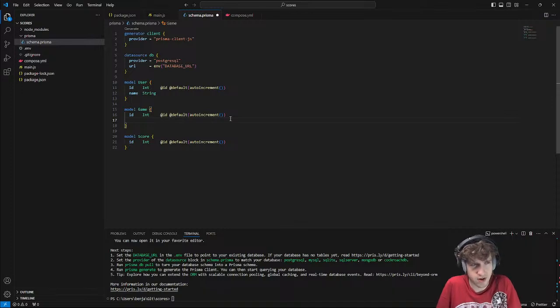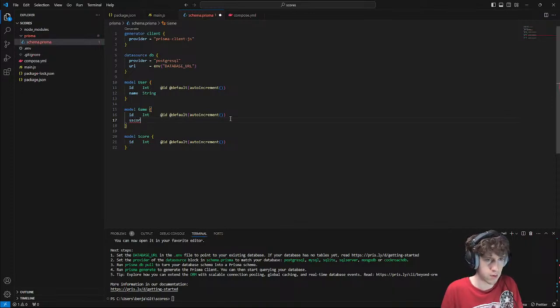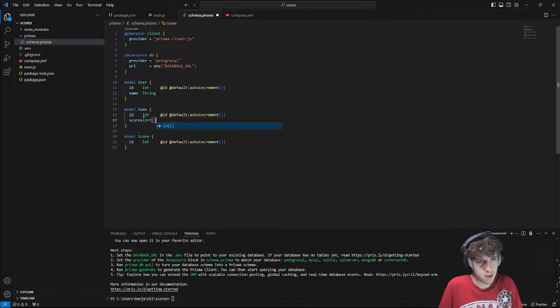That's what I store. Either an array of ints or an array of strings. Scores, I guess I'll call this scores. Int array.